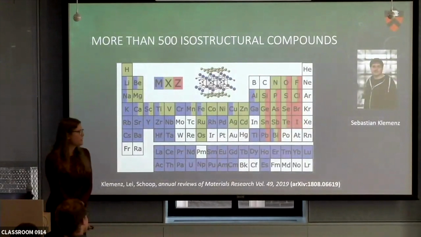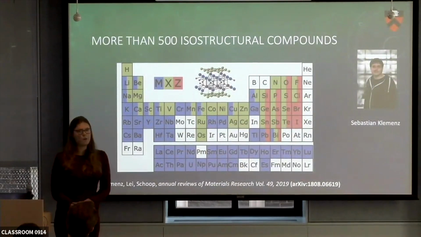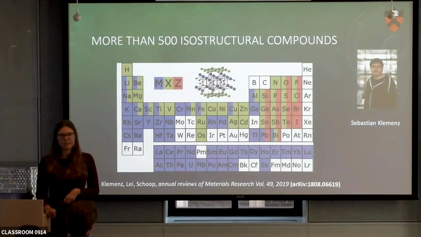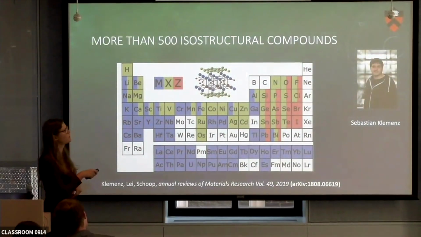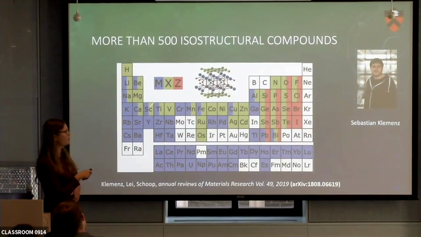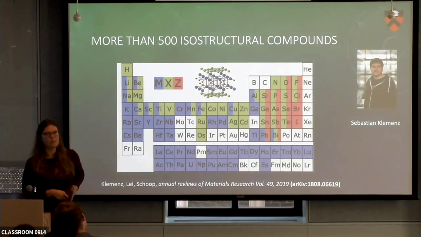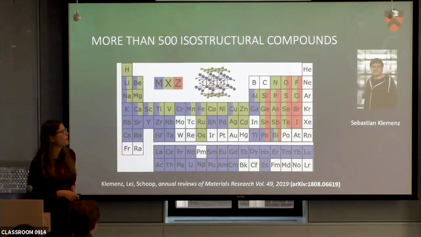So we were interested in whether we were able to quantify this for all the compounds that we know that have this square net arrangement of atoms in their structures. So first we look at just one structure type, which is isoelectronic to zirconium silicon sulfide. And there are lots of materials, more than 500 of these known, and this is just a periodic table of which elements can be at which position.